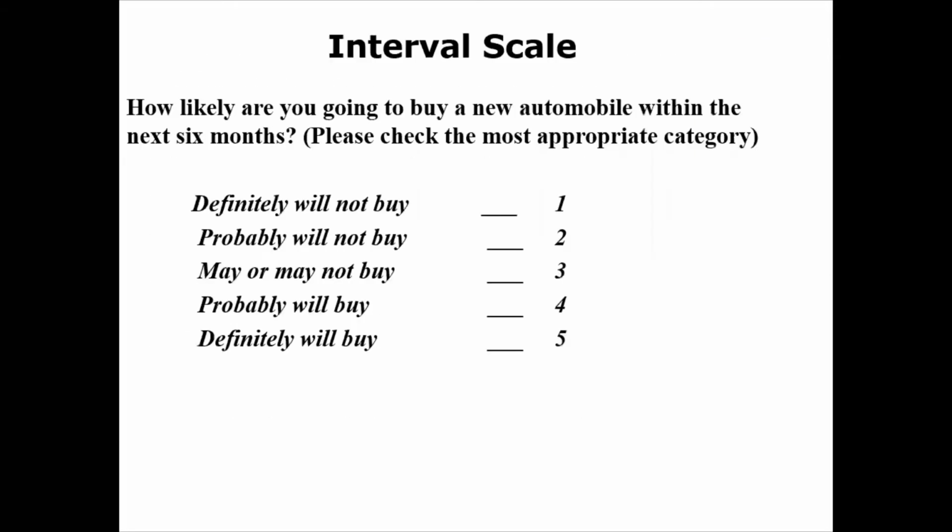Here also in the example, we cannot assign a 0 for any other option. So it does not represent any meaning, 0. If he buys, he has to state the level at which he is going to buy, whether definitely buy, or probably, or may or may not, or probably will buy, or definitely will buy, like that.